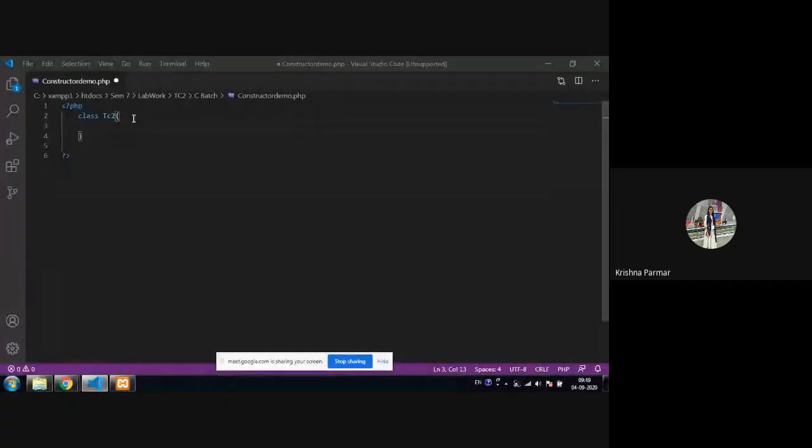But here there is no such method, so we can directly go outside of the class for the object creation. Inside the class there are two things: one is properties and another is methods.